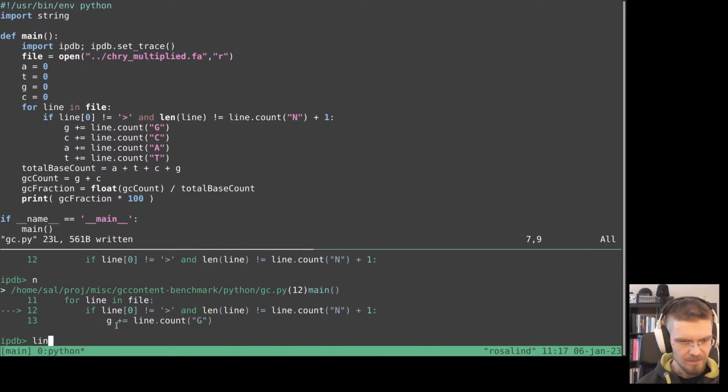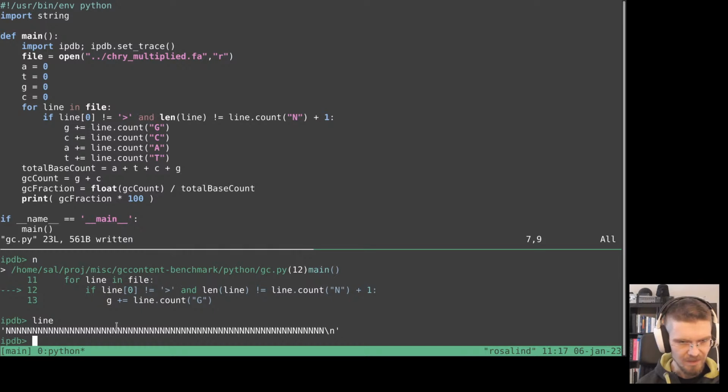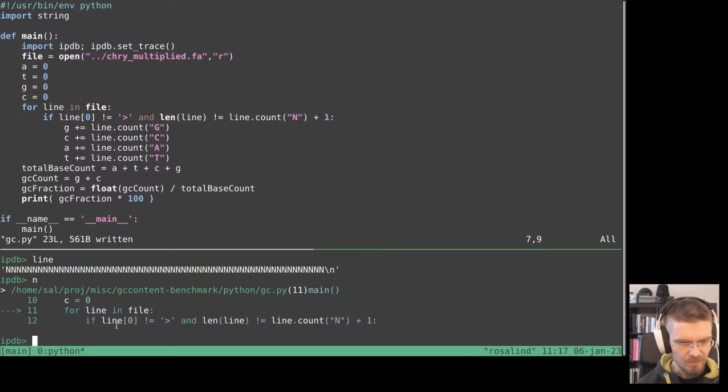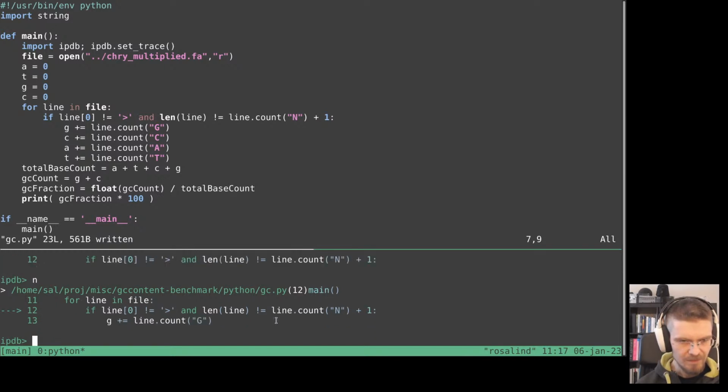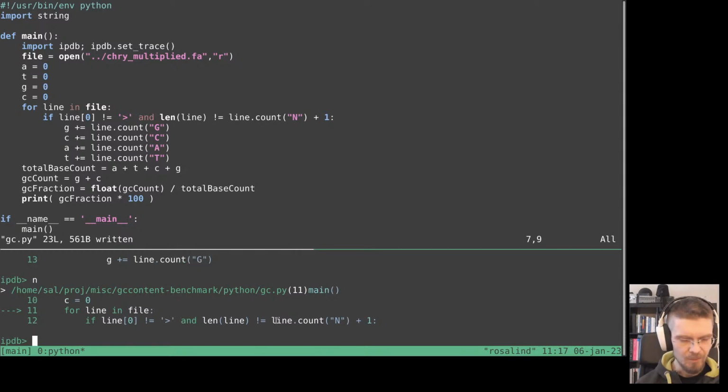And now next time the line is containing some DNA, we go forward, and let's see. We can also see that it will skip the line if it just contains Ns, to the same length of the line, so to say. So here, okay, maybe that is a little bit tedious to just wait for all the lines containing just Ns to pass by. So what we can do is